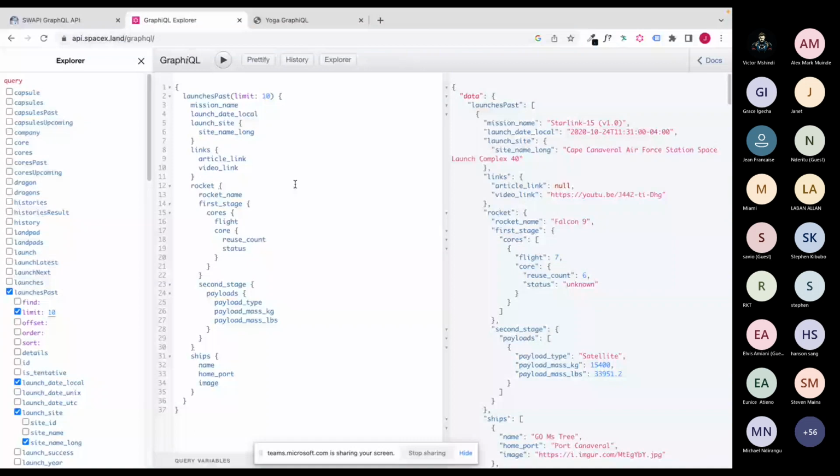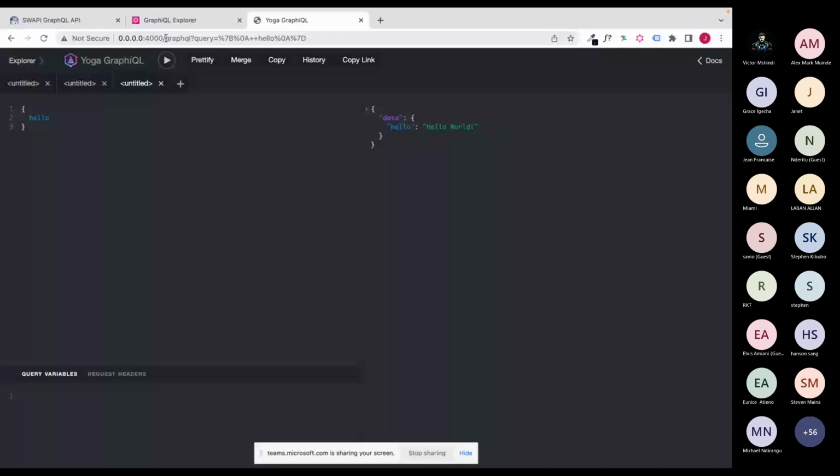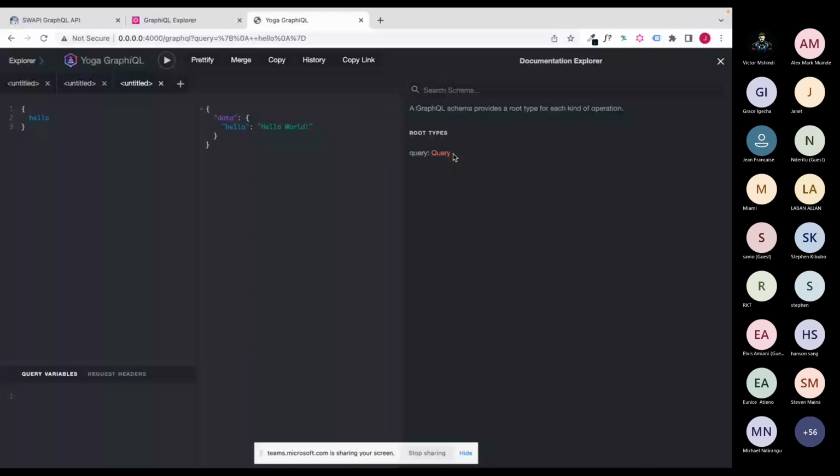And here again, you can run some queries and get some data back. At this point, we have our own server, which is running locally here. What I'd like to do is create this schema such that we can query them here. As it is right now, you can see on the docs, we only have one query, which is a string, right?